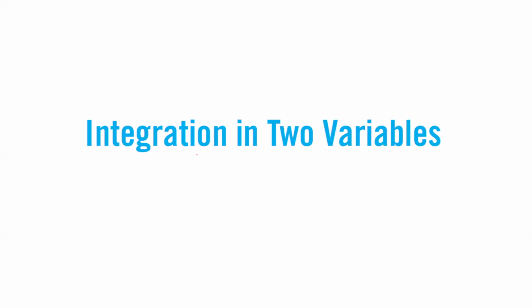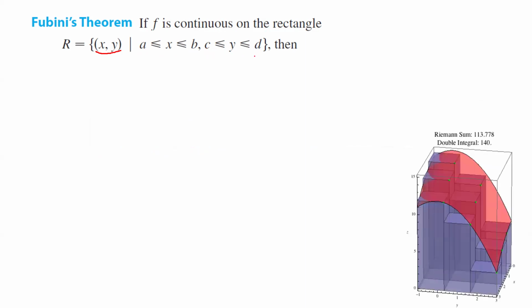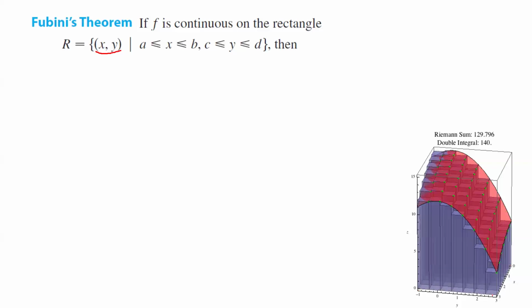We are continuing our discussion on iterated integrals. We have a nice theorem. Fubini's theorem says if f is continuous on a rectangular region defined as R equals the set of ordered pairs x and y, such that x is bounded between two vertical lines, a and b, and y is bounded between two horizontal lines, c and d, or visually, if you have a rectangular base down here,